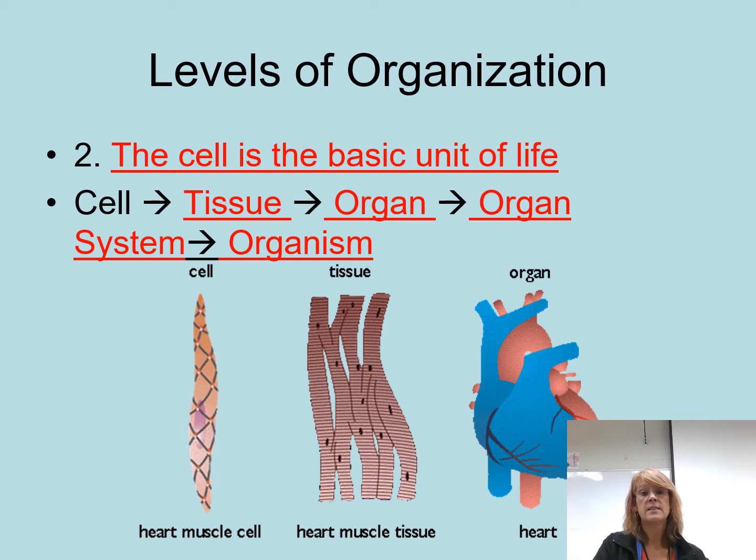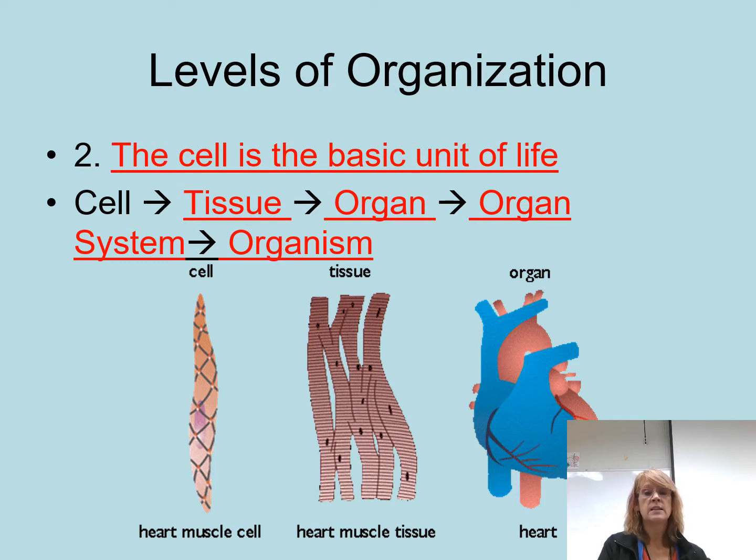Which leads us to the second part of the cell theory, these levels of organization. The cell is the basic unit of life, which means the cell is the building block. If you follow the evolutionary pathway, it is believed that bacteria evolved on Earth first. They're unicellular. They were single cells. From that, we got members of kingdom protista. They're also unicellular, most of them. And at some point in time, cells began to work together. And when you have a group of cells working together to perform a function, that is a tissue.